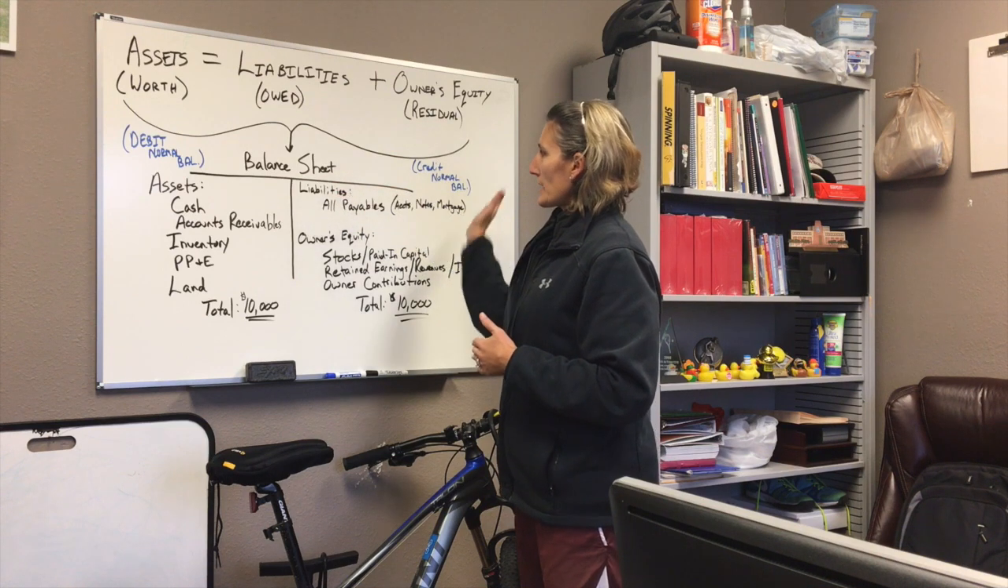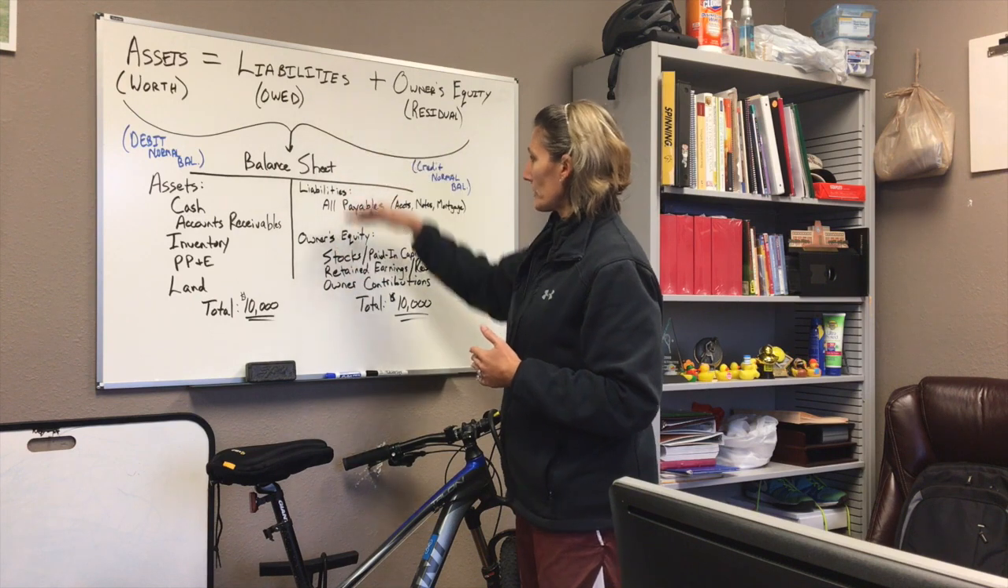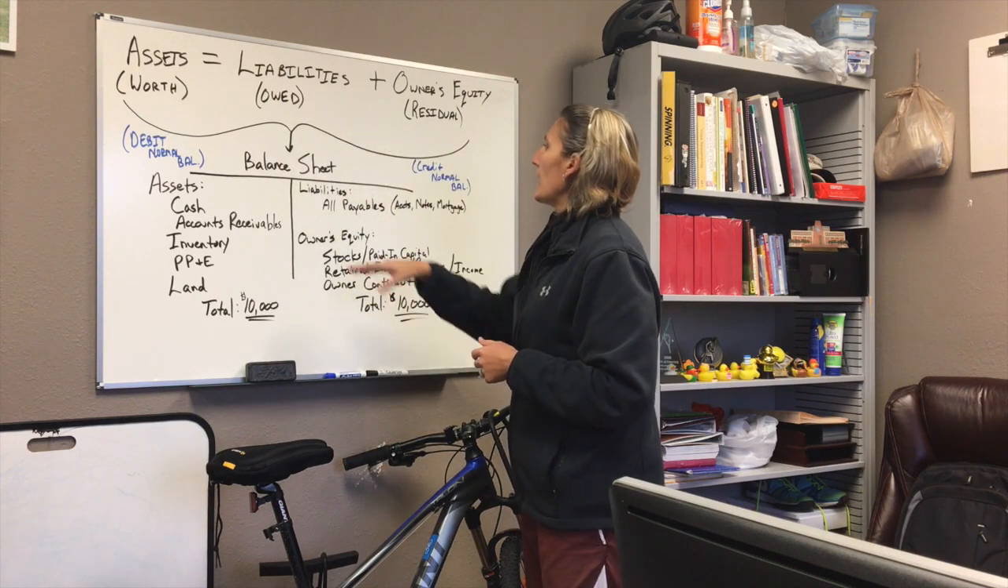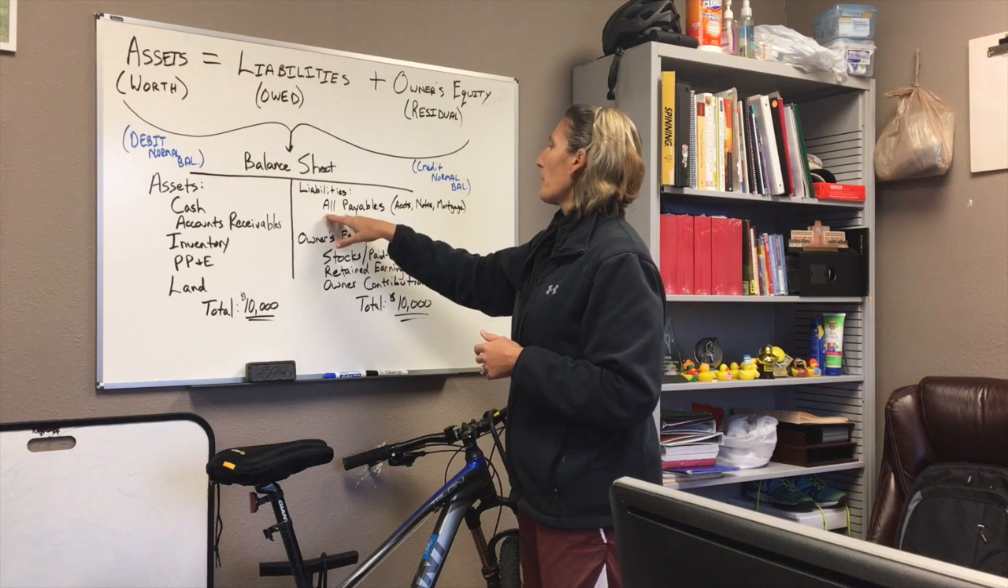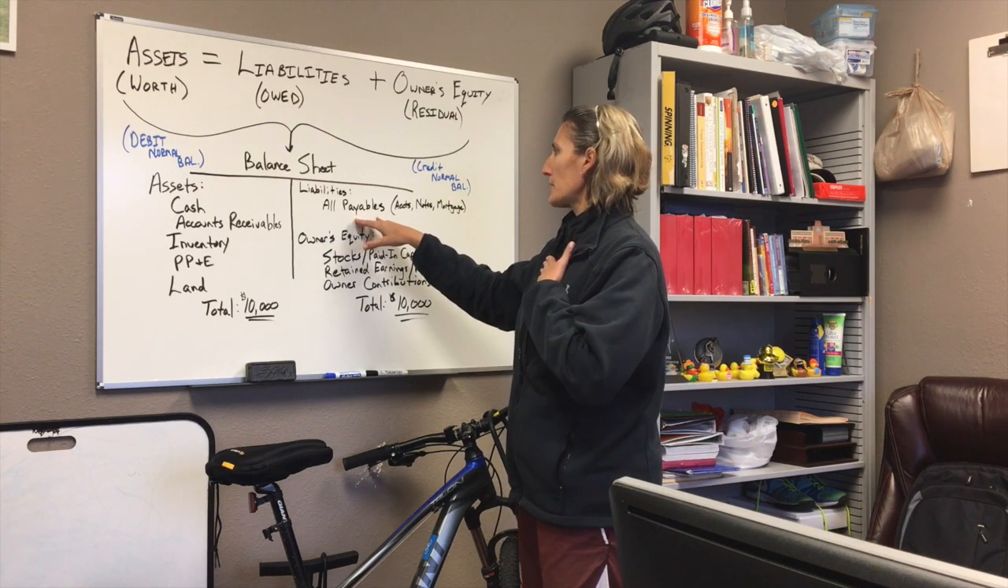When we look at the right side of the balance sheet, we have two categories here, liabilities and owner's equity, again filtering down from our accounting equation. Liabilities are basically all payables, anything that I would owe as a company. So for example,